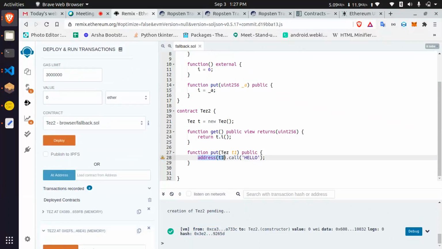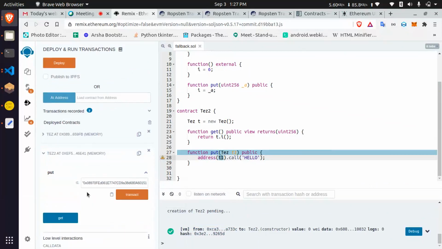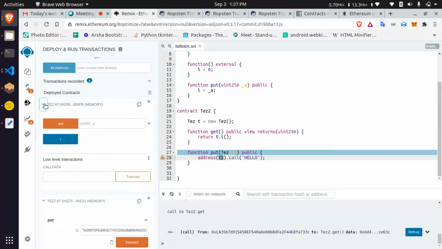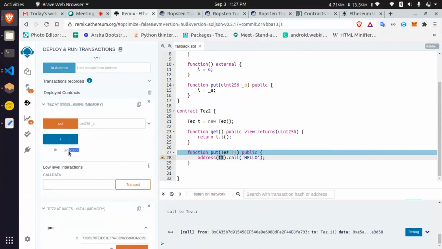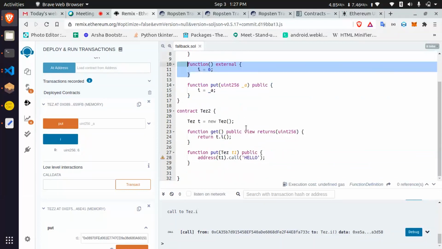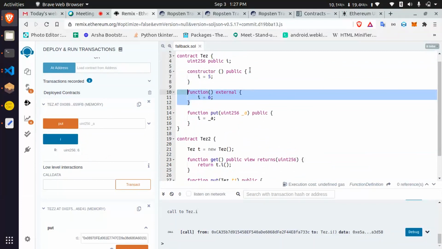Inside test 2 I need to pass the test 1 contract address. Paste, try to transact it, you get 5, it will be 6. The fallback function is called, because the function is not there in the inherited contracts. Understood, or do I need to explain again?